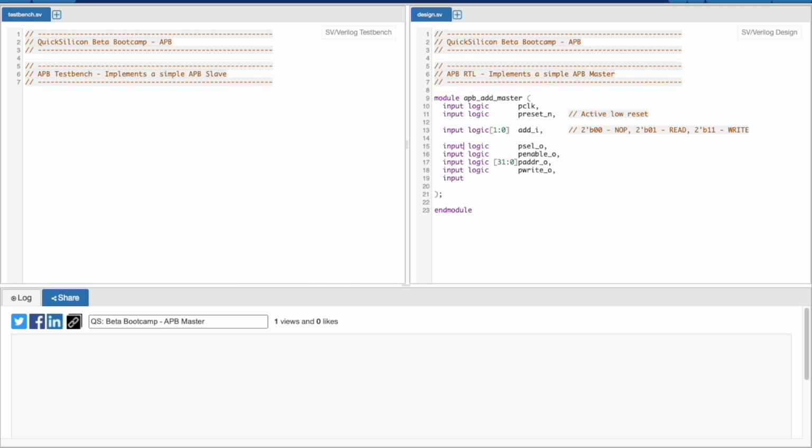Oh, these would be outputs, right? PWDATA, which is again a 32-bit value.